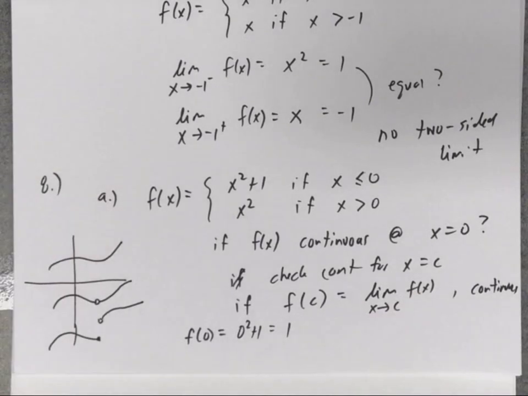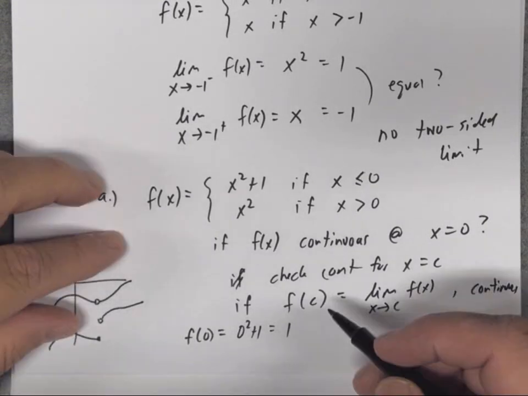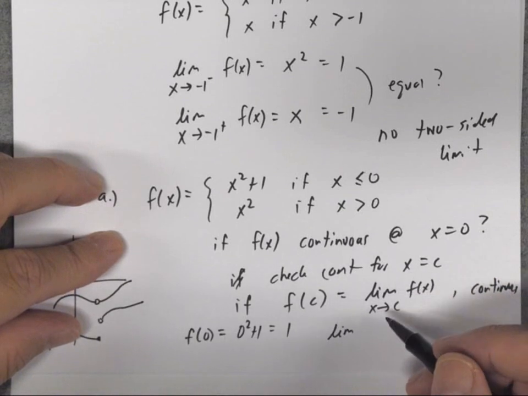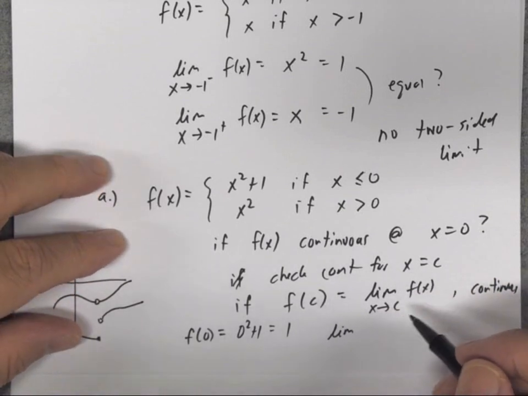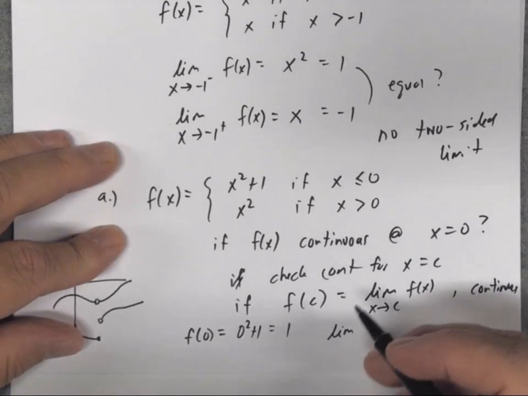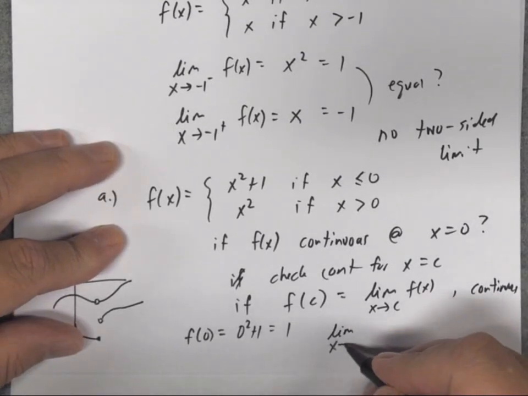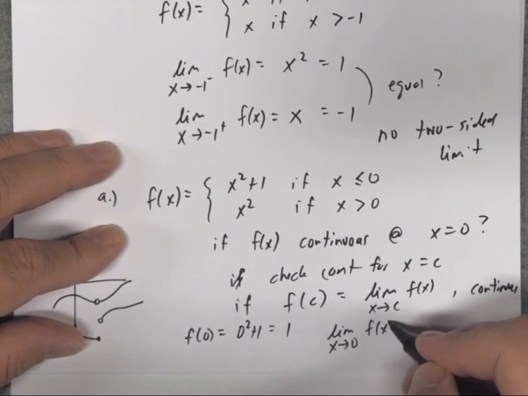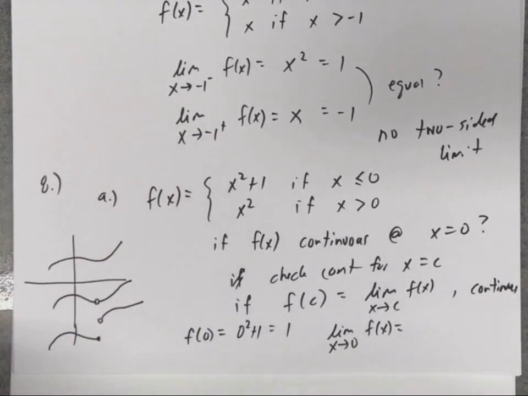Looks like it's 1. So the function at 0 equals 1. Now let's go find the limit